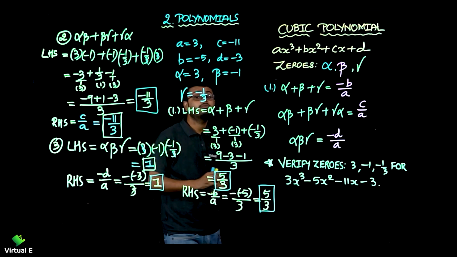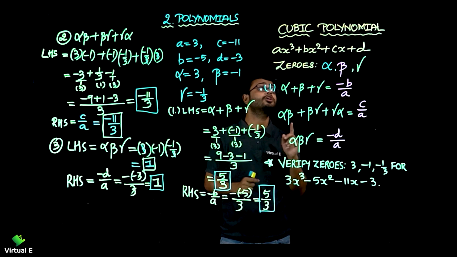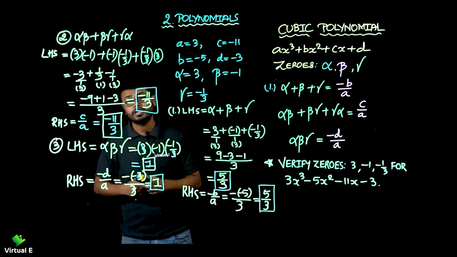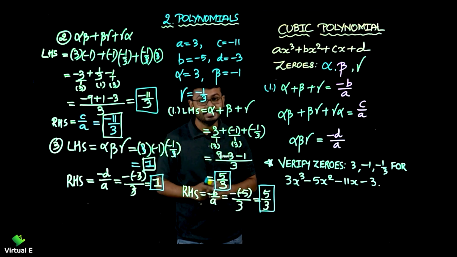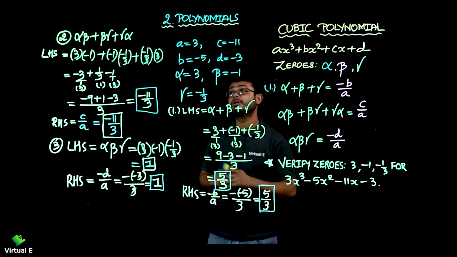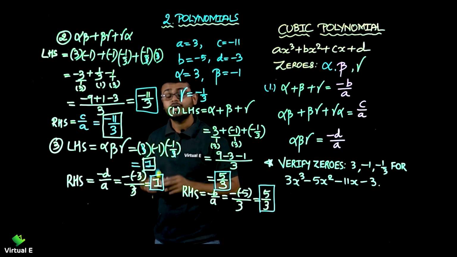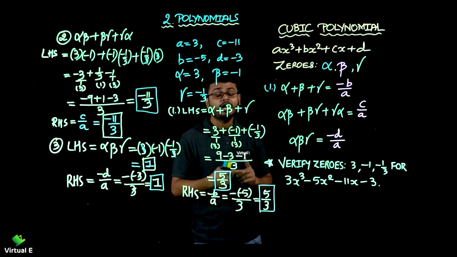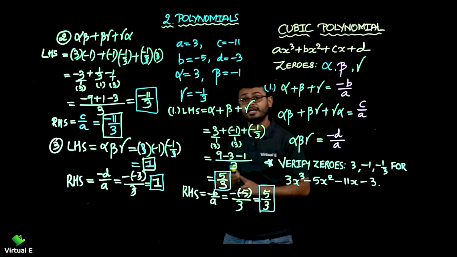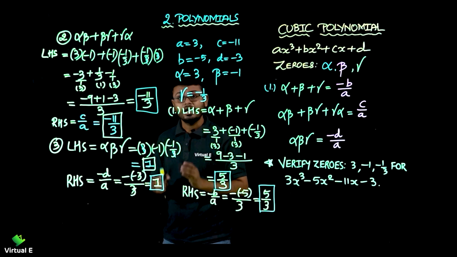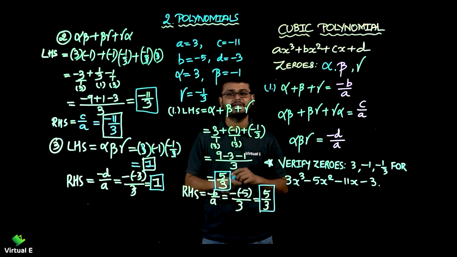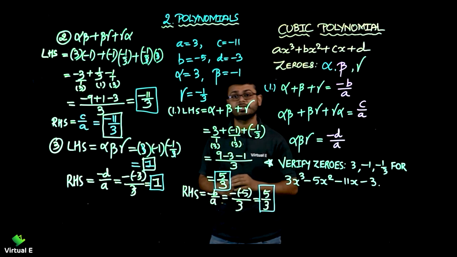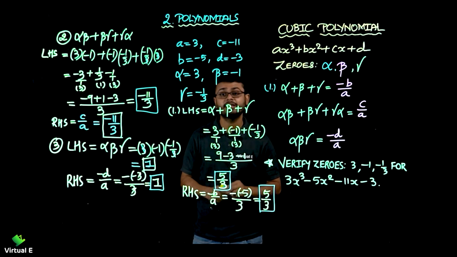So this is how we verify zeros of a cubic polynomial. Remember, this topic is not from the examination viewpoint. It is for the purpose of understanding and for competitive exams. So we discussed in the chapter of polynomials how to find the zeros of a quadratic polynomial. We discussed the division algorithm, how to find the zeros when the degree of the polynomial is 4 and 2 roots are given, and how to verify roots of a cubic polynomial. So our second chapter, polynomials, gets over here.